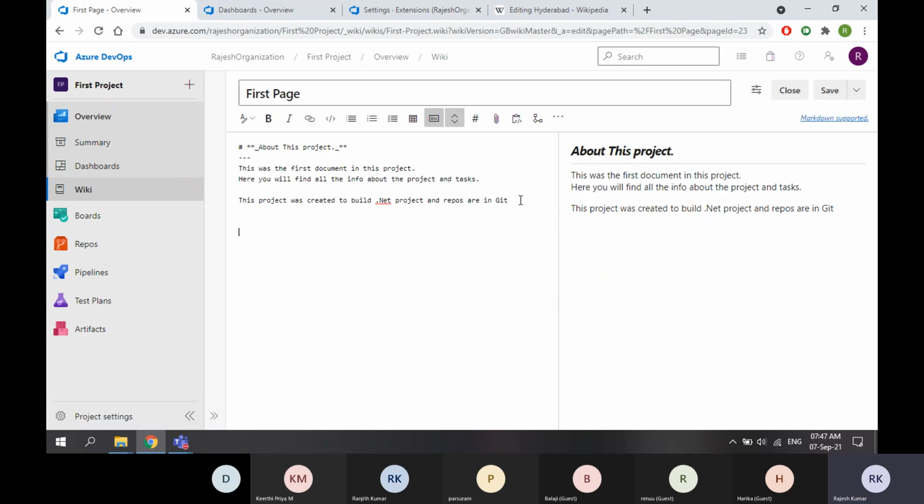I will add a line which is like, create some work item. That is enough. Okay, save.